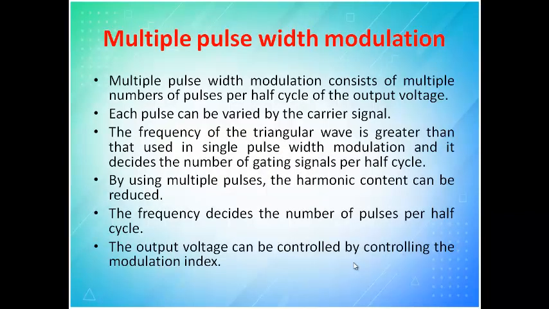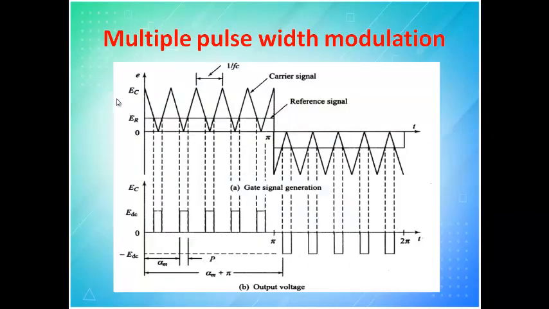So now in multiple PWM you generate more number of pulses inside that particular period itself. So you can see here, like this. For the entire period I had only one carrier I compared with the reference. Here I have increased the number of carriers. So rather than getting a single pulse, you will get multiple pulses.